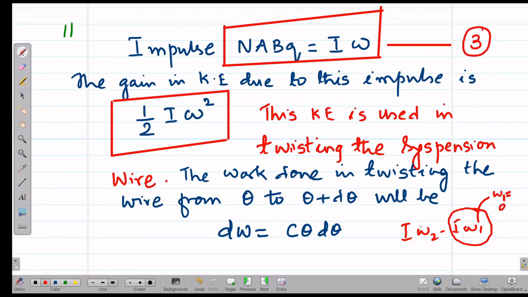So the moment you apply a torque, the torque will turn the coil, give it an angular impulse, and because of this impulse, the coil will start turning with an angular velocity, and the final angular velocity I will take as omega. Initial angular velocity is 0, so the change in angular momentum is only I into omega minus 0. So therefore it is only I omega. So that is very simple to understand, that since we have assumed the coil to be at rest initially, the change in angular momentum is nothing but I omega.